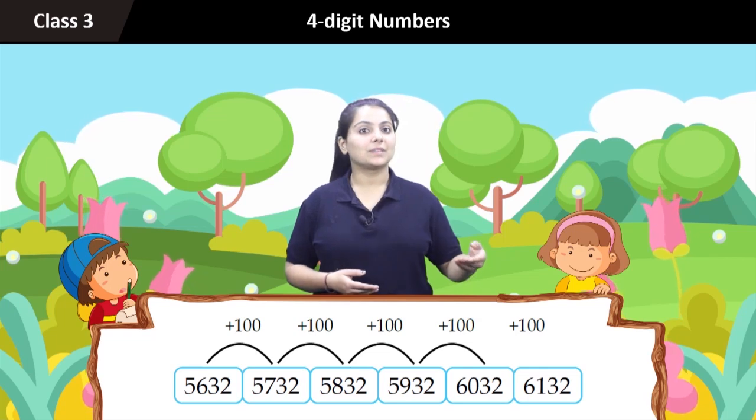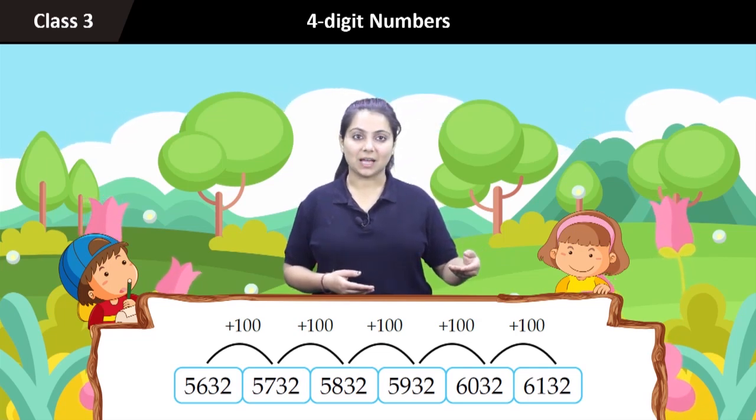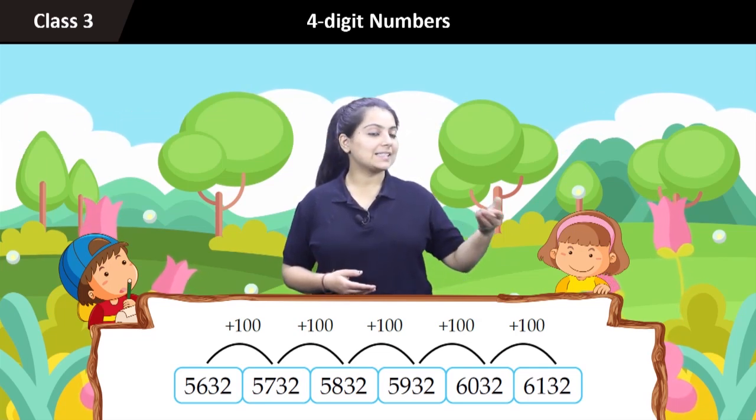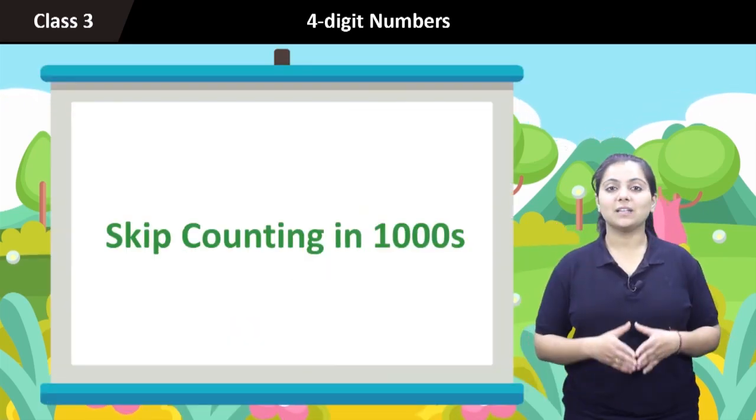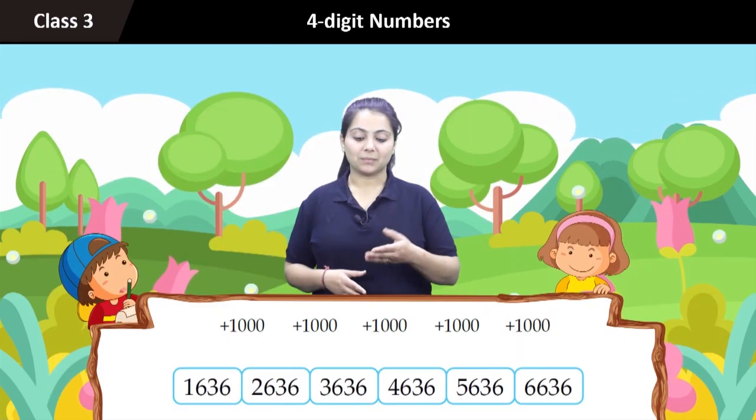6032. Now again add 100 to this number. The number will be 6132. Skip counting in 1000s. The number here is